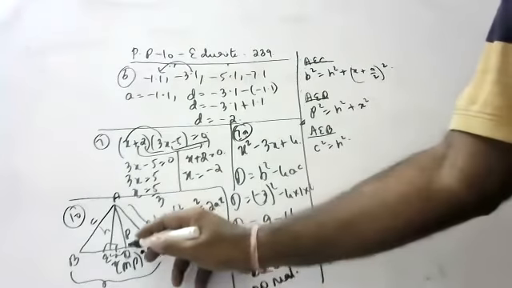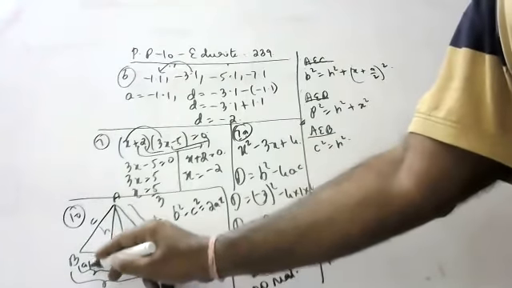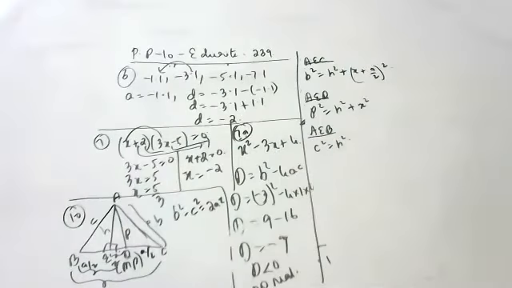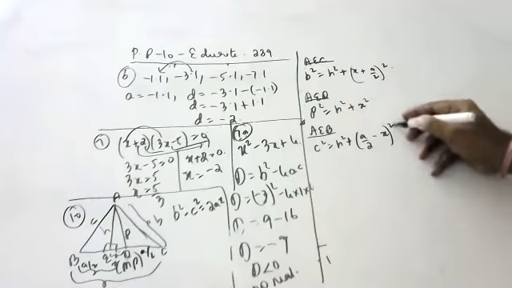So children, this is how much? This is x plus a by 2 whole square. Now a by 2 minus x. From a by 2 we have to remove x. a by 2 minus x whole square.